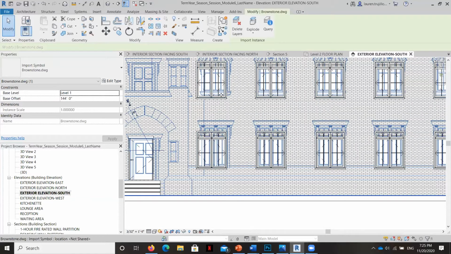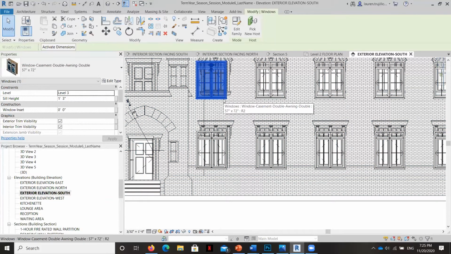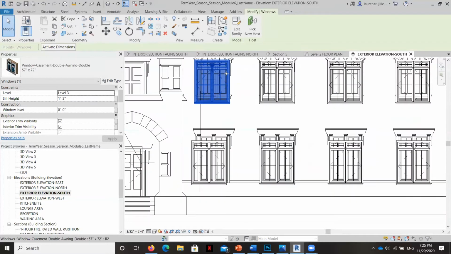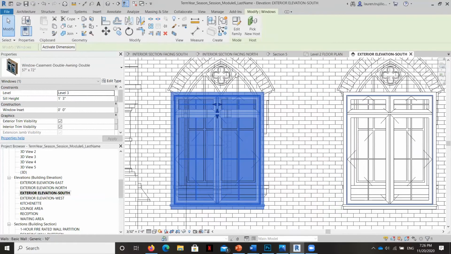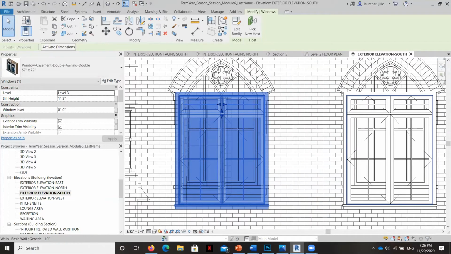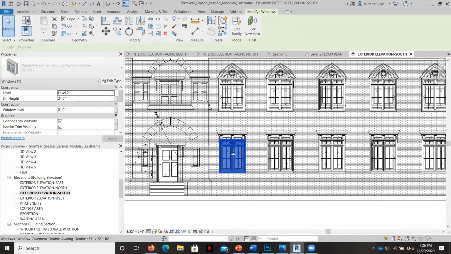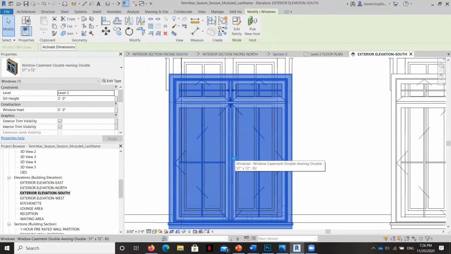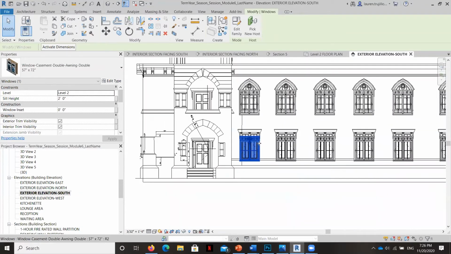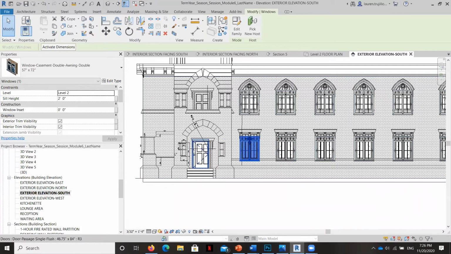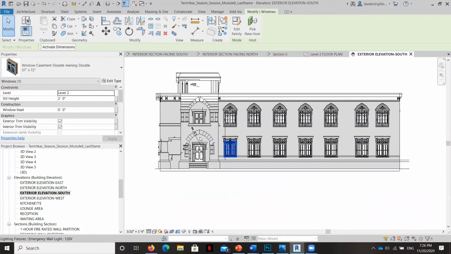I'm going to start just real simply by moving my windows over just a little bit so that they're sitting on top of the windows in the CAD file. Quick fix. I'm not going to drive myself real crazy with this part because we got other window things we're going to need to be dealing with later. We'll straighten out the doors and all that stuff later. But for right now, I want to draw this really nice kind of plinth that this building is sitting on right here. And that's where our sweep is going to come in.